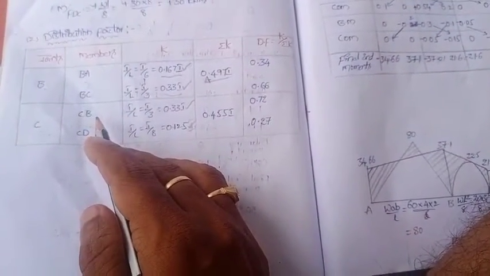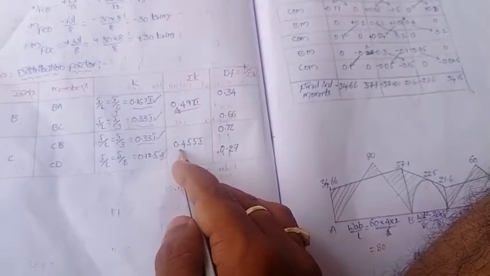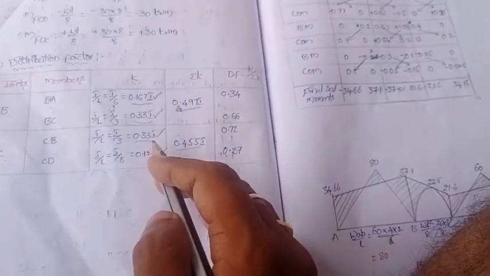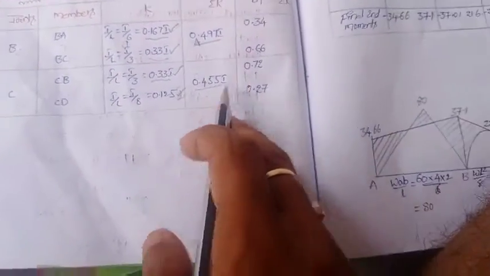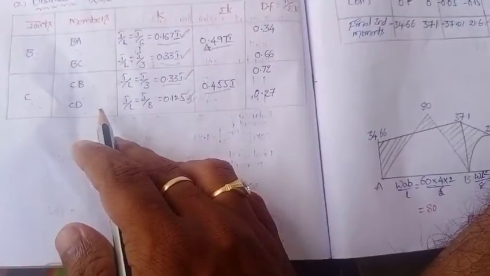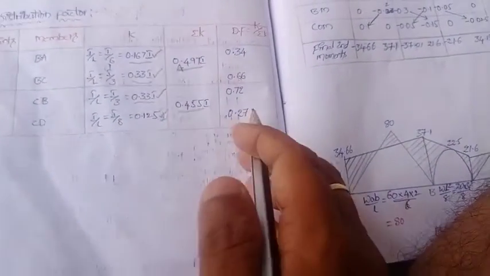Next, for CB span, 0.33 I by 0.455 I, I gets cancelled, 0.33 by 0.455, 0.72. Next, for CD span, 0.125 I by 0.455, 0.27. These are the distribution factors. Next step,